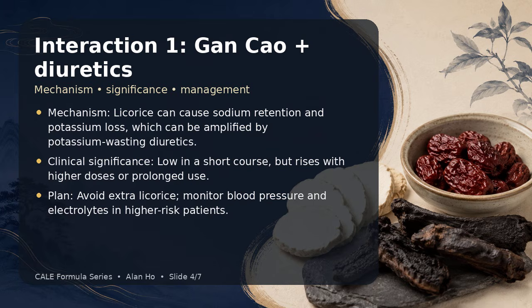I would explain to the patient that evidence quality differs across herbal products and interactions. Therefore, the safest approach is to use a known product, avoid unnecessary overlapping supplements, and pay special attention to medicines with a narrow therapeutic index.